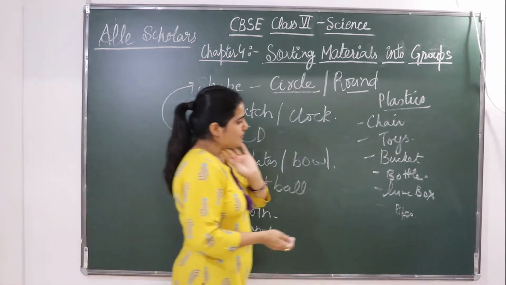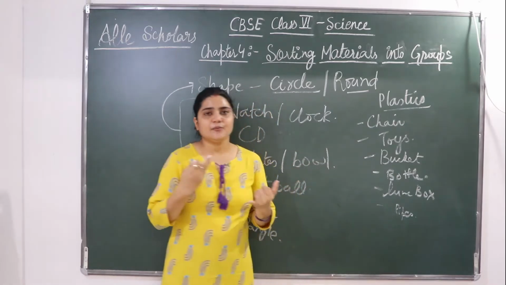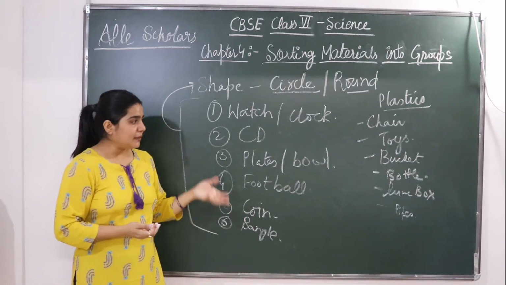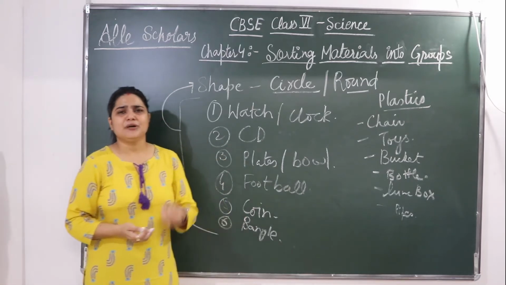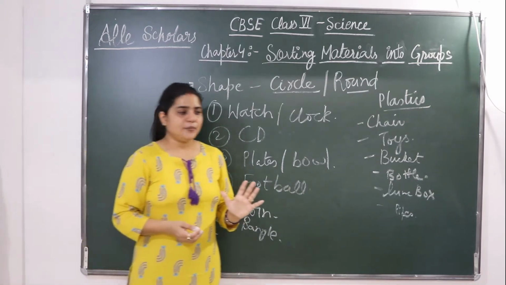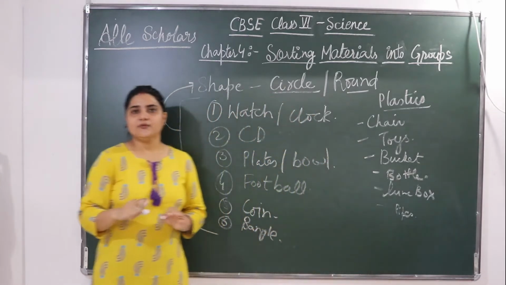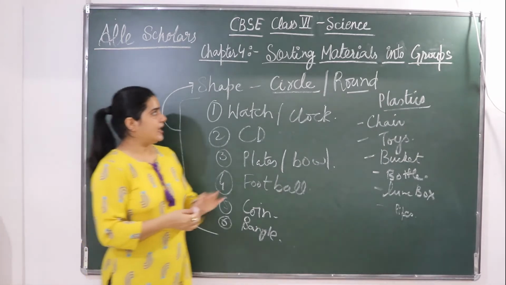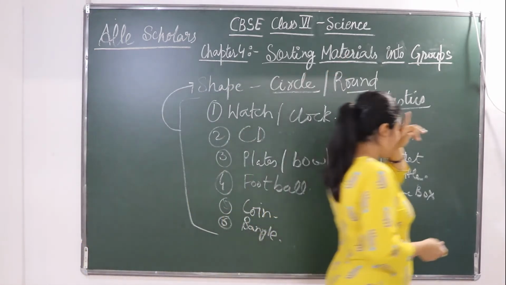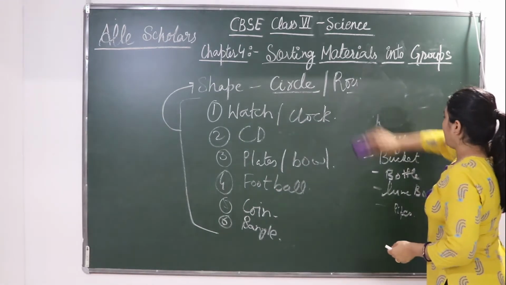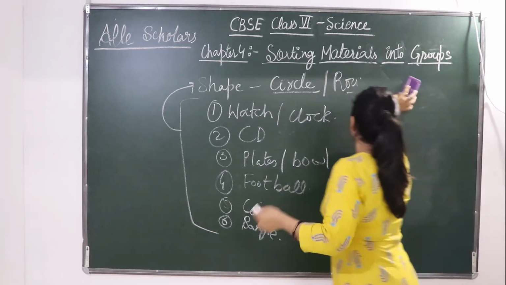Okay. So these materials may be plastic, glass, metal, wood, cotton, paper, leather, mud or soil. Anything it can be. So objects can be made up of either one or many materials, and we shall see these materials here. Okay. So we shall be seeing what these objects are made up of.